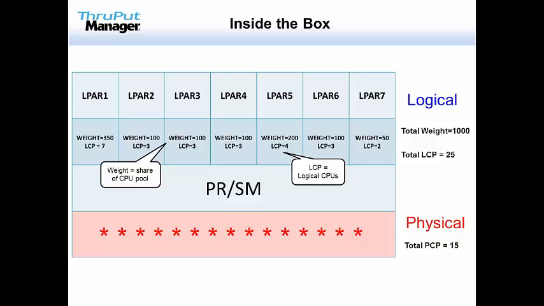Now, what observations can we make about this? Well, I've got 25 logical processors competing for 15 physical processors. So I have more logicals than I do physicals. This is quite common. The question is, how far do you go? Well, that's a giant depends answer. But the idea being that it would not be possible to have all 25 of these logical processors busy at the same time. It simply won't work. And if you try, you will see that logical processor queuing delay that we saw in the previous chart.